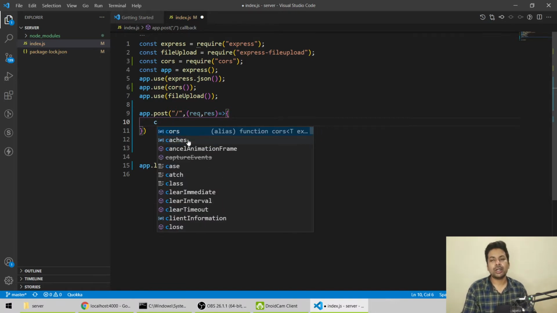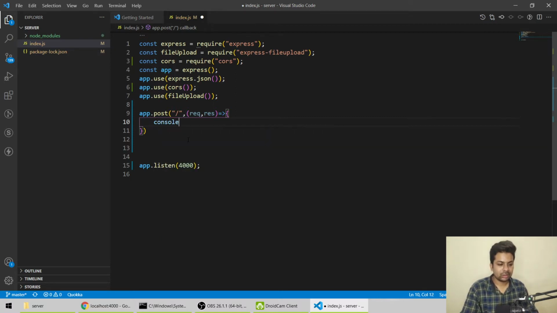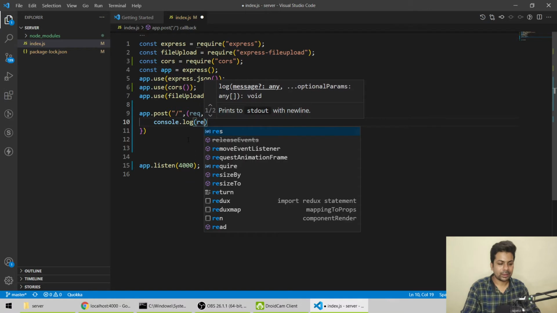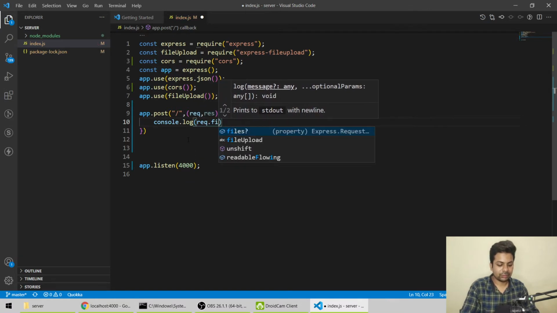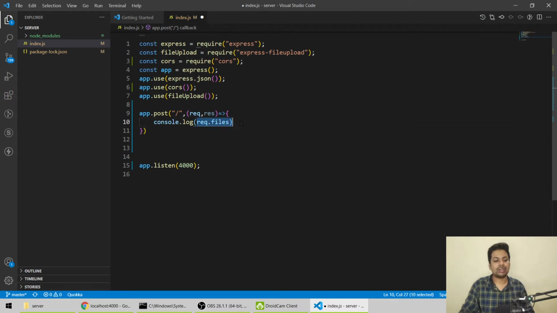Firstly, let me show you what comes in the request when we send a file. We'll do console.log(req.files). If you are sending files, they will always come in req.files. Make that clear.